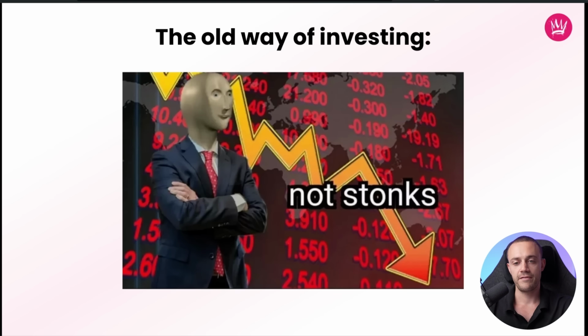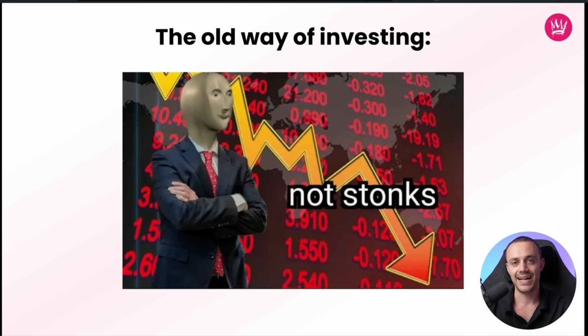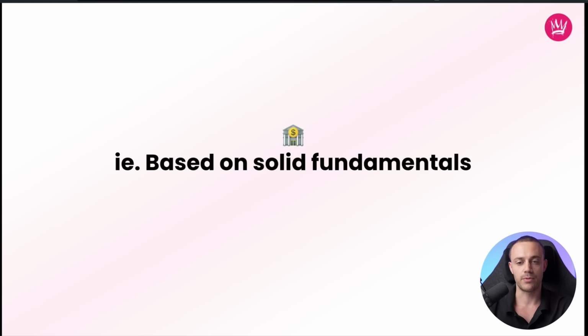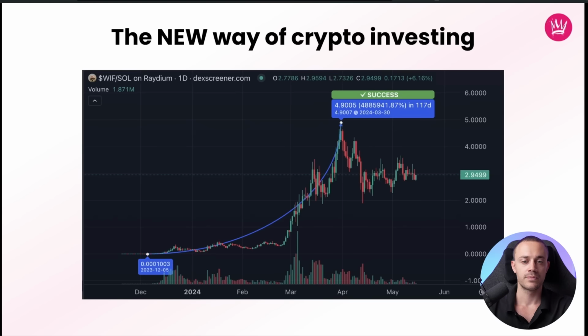The old way of investing, the stock market, it's all based on solid fundamentals. This is not stonks. This is not the stock market. All right, that's all trash. Throw it out of the window. It's all rubbish in crypto. The new way of investing, look at this chart of Dog Whiff Hat. From December 5th to the top that it put in at the end of March, it went up